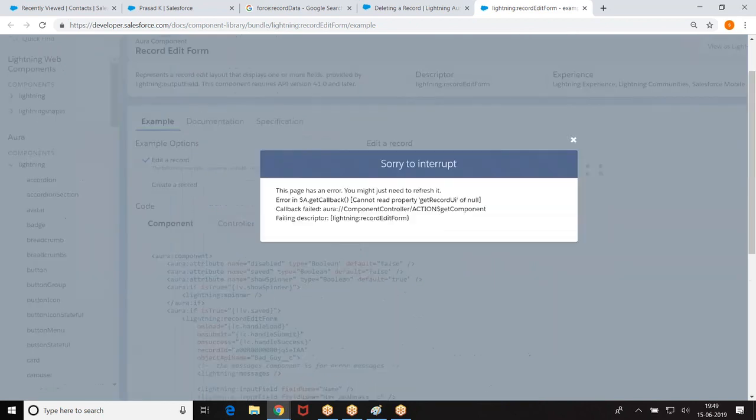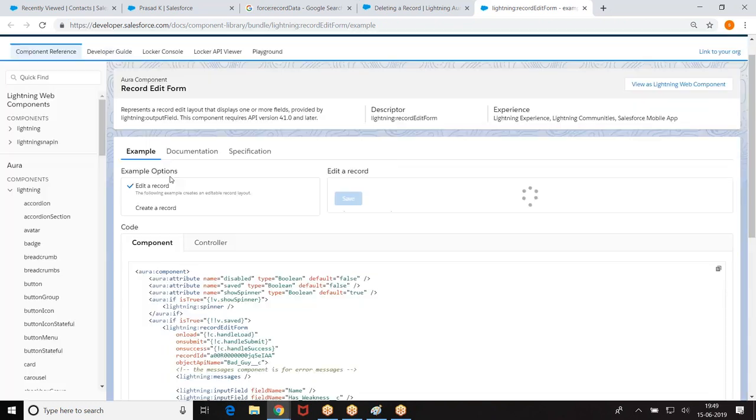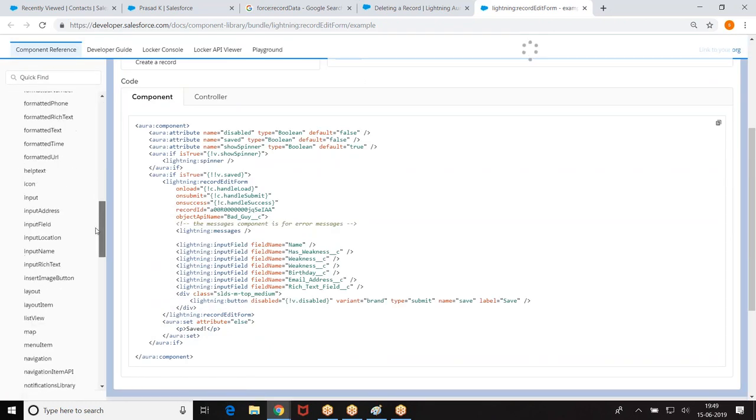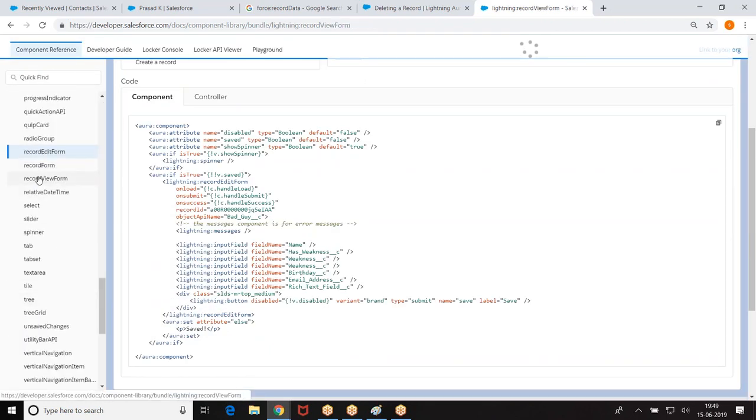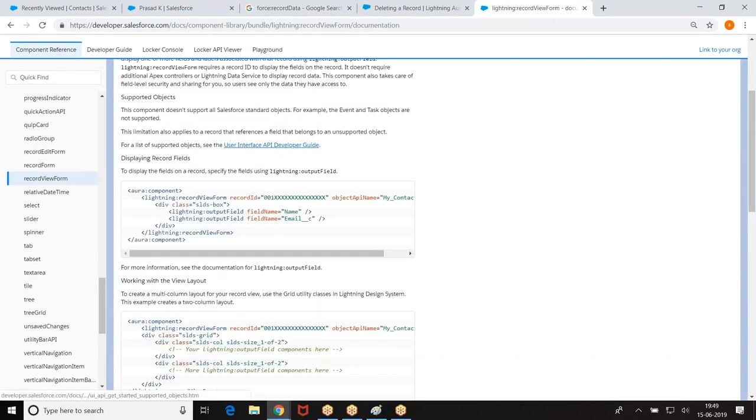Then we have the second story, record edit form. The second one is edit form, where I was giving the name of the object, the ID of the object, then giving input field or output field. Input field, output field we are giving.